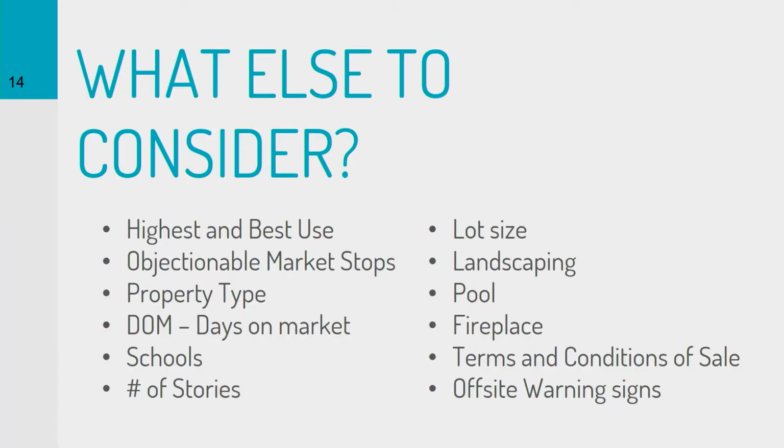Other things we're looking at is property type, and we discussed that earlier, but let's talk about that. If you have a townhome, don't compare it to a mobile home. If you have a mobile home, don't compare it to a single family house. And if you have a single family house, don't compare it to a condo. Try to compare single families to single families, condos to condos, townhomes to townhomes, and mobile homes to mobile homes. That's going to be your best bet. And so on and so on.